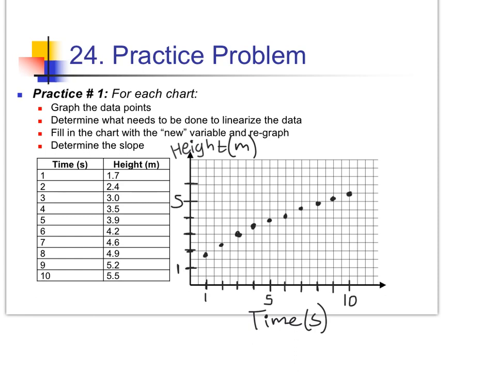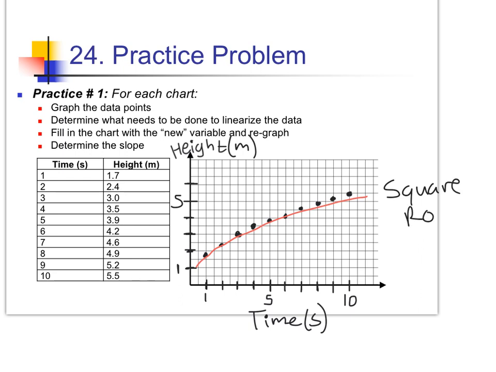And we're going to take a look at what it looks like and then ultimately determine what the proper linearization should be. All right, so I now have my points plotted. I went with every 2 being 1 on both axes. That seemed to be a good scale. I plotted my points and I'm going to draw my best fit line now. Remember, we're not necessarily connecting the dots, but trying to just hit that general region. And so what I see is a graph that is increasing, but looks like it's concave down, at least to some extent,